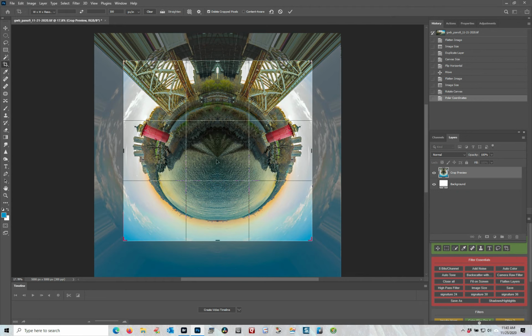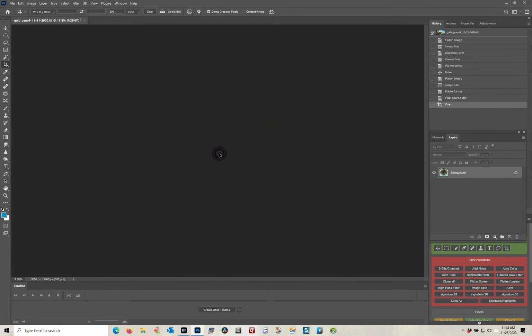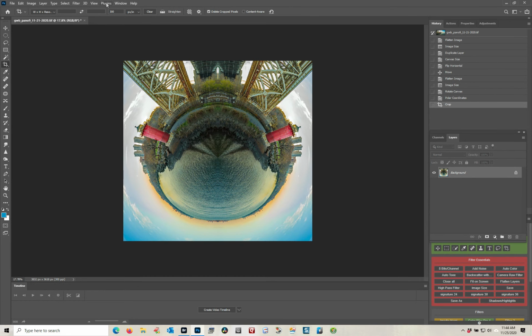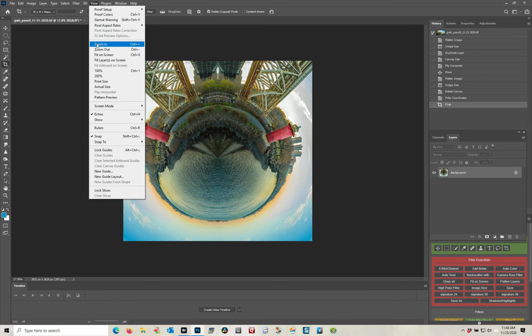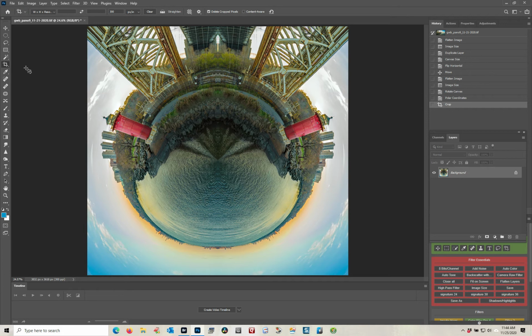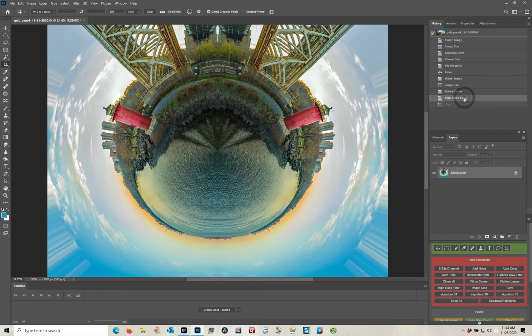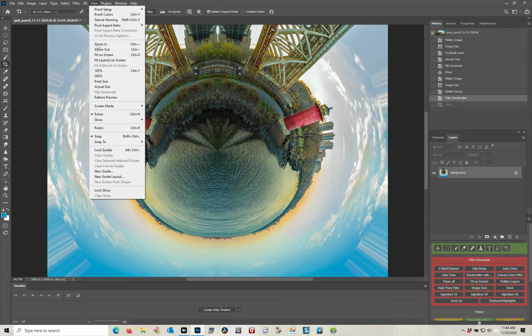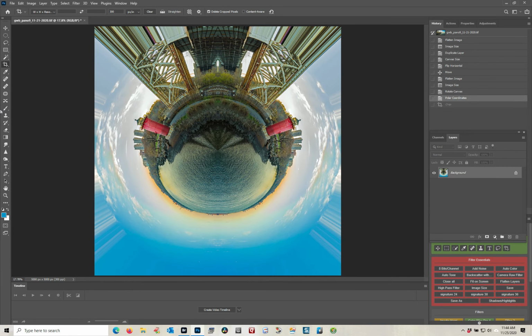Once you have the crop the way you think you like it, you double click inside the crop box to set the crop, and then we go to View, Fit on Screen. And you know, that's pretty neat like that, but there are other things you can do. What we're going to do is we're going to go back to the way the image was when we initially made it, and we're going to do View, Fit on Screen, and we're going to grab the Elliptical Marquee tool,